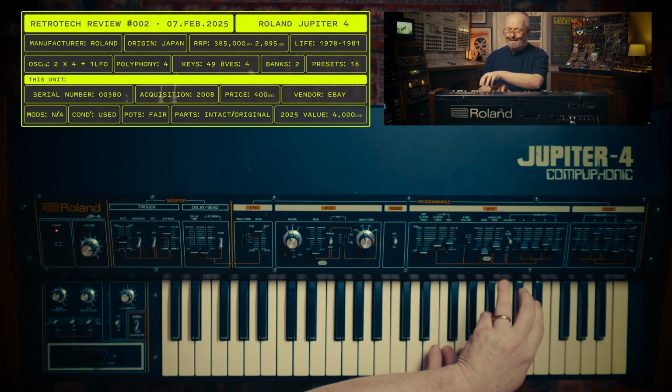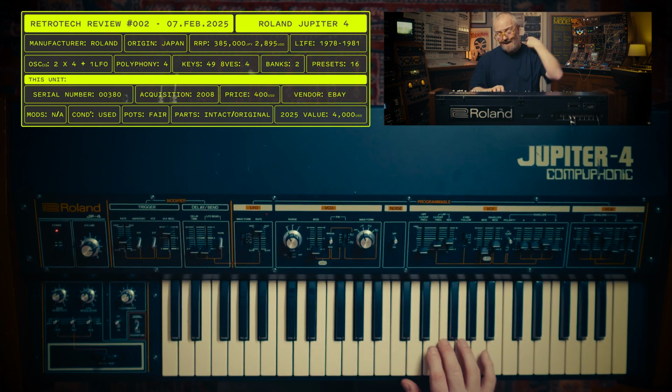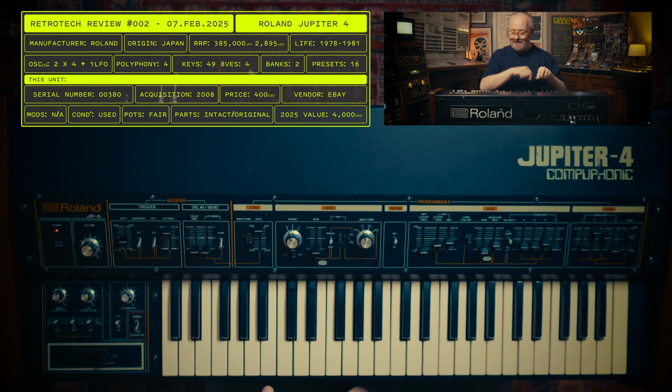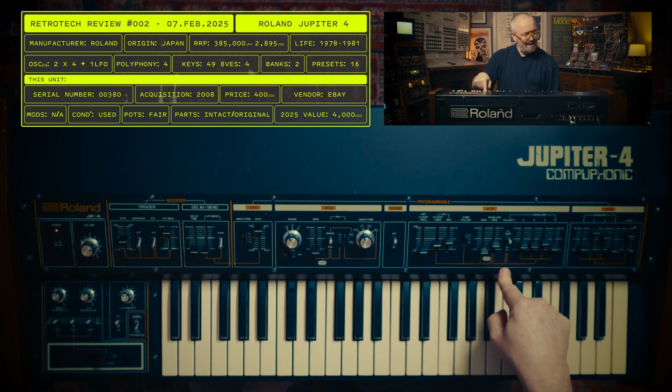But the amount of the filter controlled by the arpeggiator is also affected by the amount the voltage affects the filter with the ADSR. I would love to work out the signal path of this. I imagine it's in its service manual, to look at actually what order things fall in, or whether it's all done in parallel and just summed at the filter stage. So let's take...